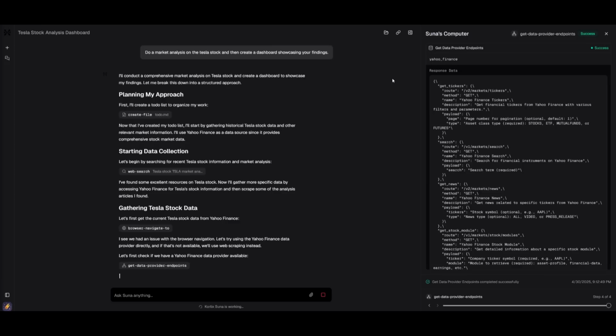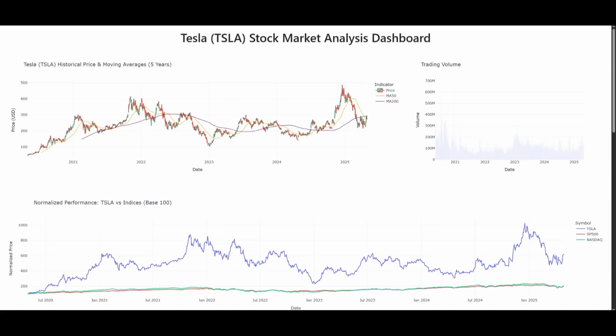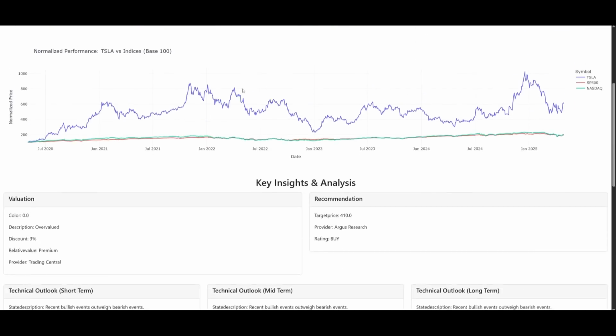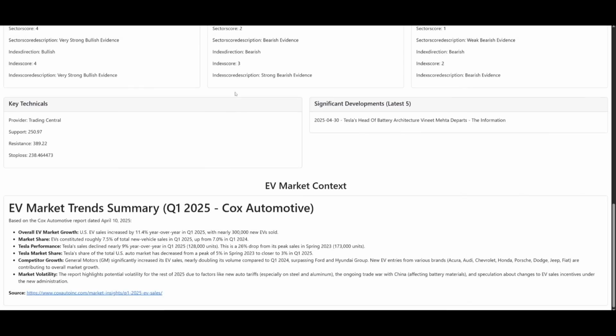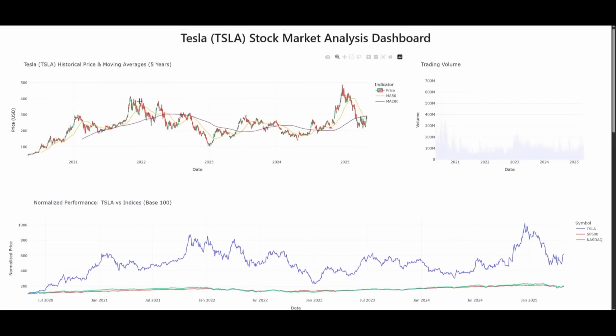Now, it looks like it is using different sorts of techniques to extract data. It is using Firecrawl, and it was able to use the browser agent to scrape through all the contents, and you can see the output of whatever it had found on the right hand side. And here you have it. This is the Tesla stock analysis dashboard that it had developed, and it does look really insightful, and it was capable of doing a pretty good job in generating the stock